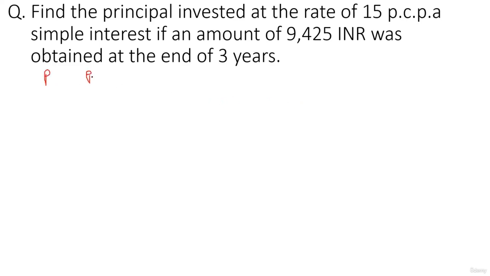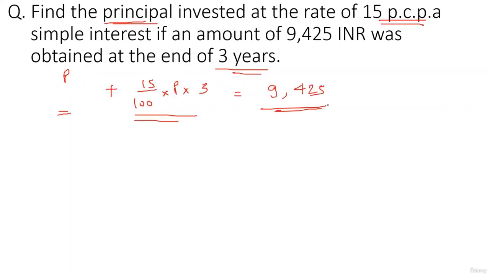The simple interest will be P into N into R divided by 100. Okay, so the principal plus the simple interest becomes equal to the amount 9,425. And you can solve it. For solving it, you can cancel out 5, 3s and 20s, and if you take P outside, it will be 1 plus 3 3s are 9 upon 20 equals to